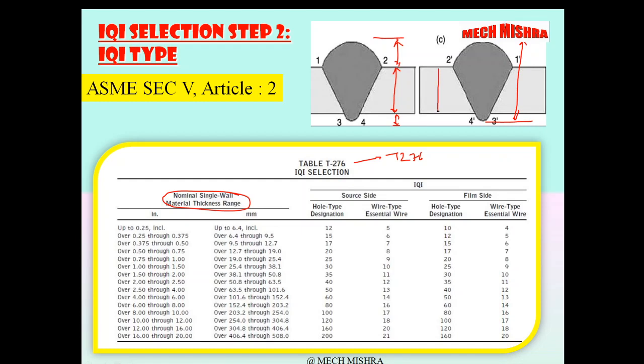So this thickness we already know, plate thickness or pipe thickness. For this we need not check all the time on the weld. We can assume certain thickness, like here we can assume 2 mm and here we can assume 1 mm or 0.5 mm. So if my thickness is 10 mm, then 10 plus 2 plus 1, 13 mm we can consider for the IQI selection, but we need to add the reinforcement of the top and the bottom for the IQI selection. This is very important and needs to be noted.